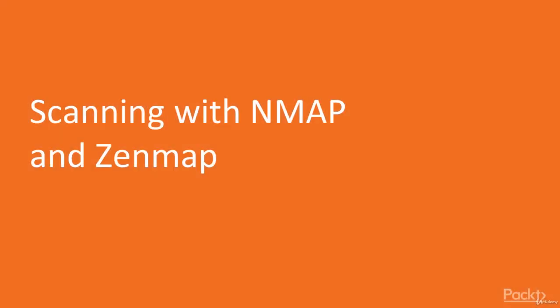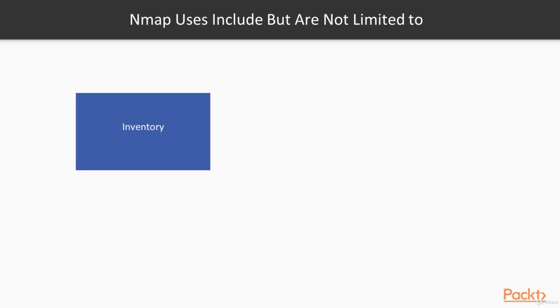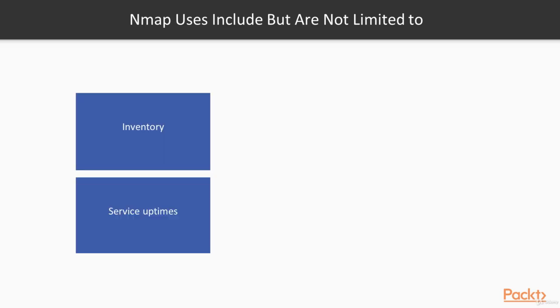Time to start with active reconnaissance, video 4. We will be using NMAP and Zenmap. The only difference between the two is that Zenmap is more of a GUI way of doing things. NMAP has a few things that it can do for you, like, for example, taking inventory, checking service uptimes, managing